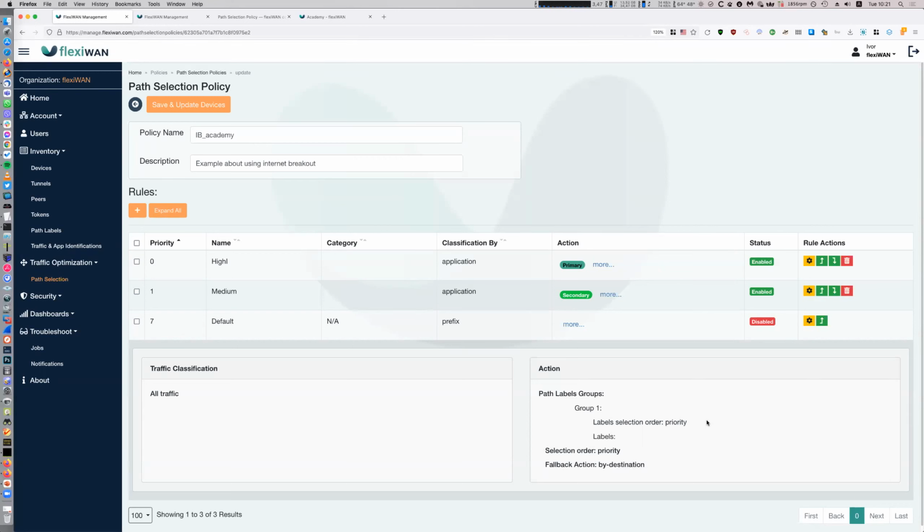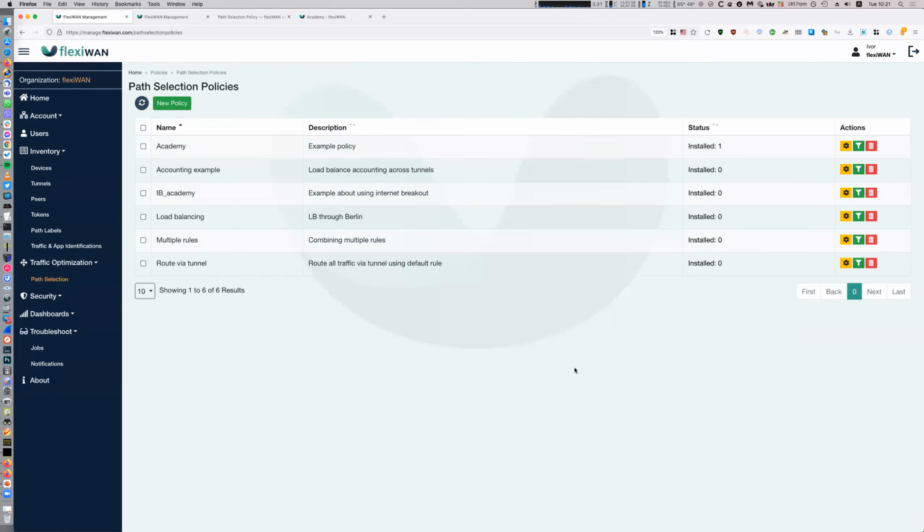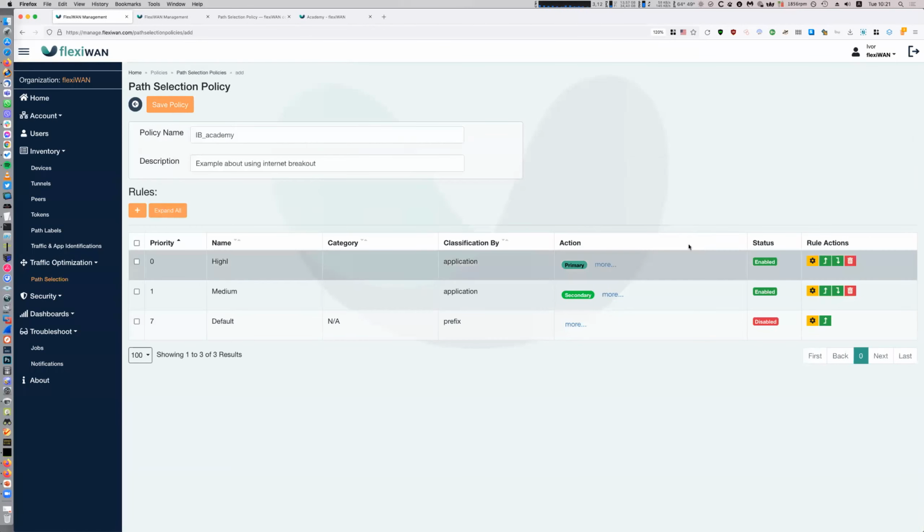All the traffic of this device can be routed across the, all the other traffic that's not defined will be load balanced or prioritized across. So this is in a nutshell the example of the internet breakout. The tunnel routing works the same way. You create a new policy and